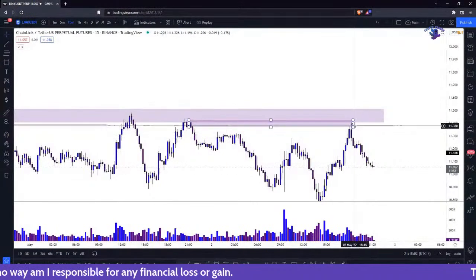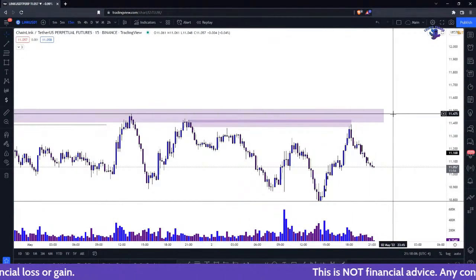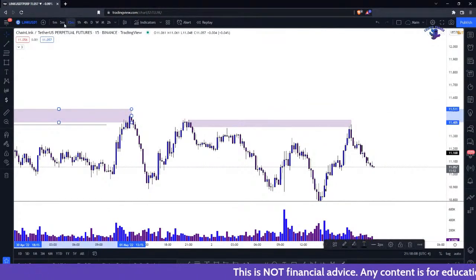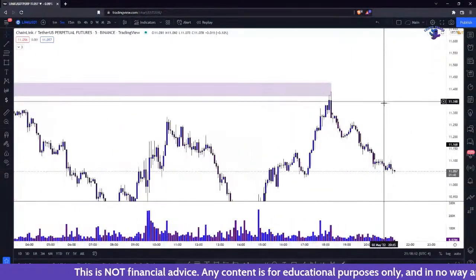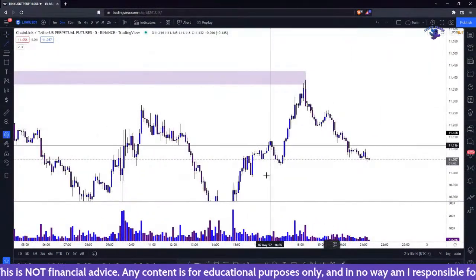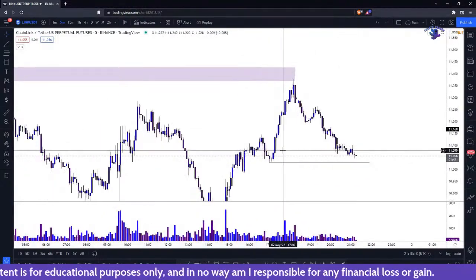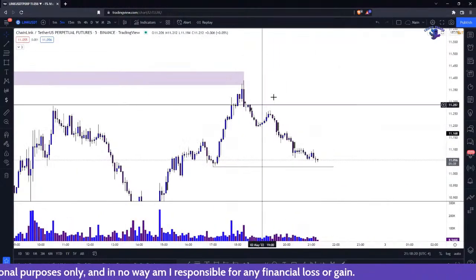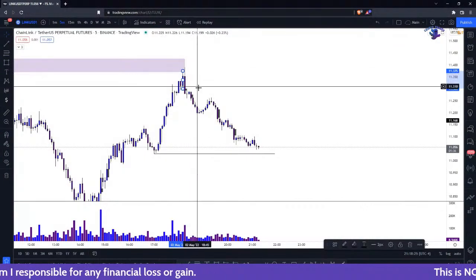I mean, heavy reaction right off that level. Not really a bullish indication right there. If you look here, you're about to get that change of character. If anything, if you can break below this low right here, I would look for probably a return maybe to up here if you're lucky.